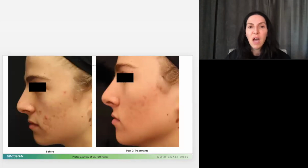Here we have a younger patient, and in this patient you can see again cystic as well as inflammatory acne, and then some acne scarring. Now, as we treat this acne and we clear it up, we'll reduce that chance of scarring in the future. But for right now, we went ahead. This is after 3 treatments, again, spaced 2 weeks apart. This patient was also treated at 50 joules, 50 milliseconds with a 10 millimeter spot size, and we were able